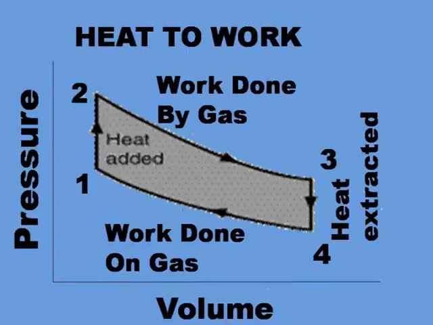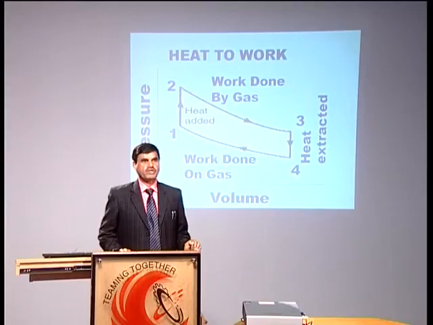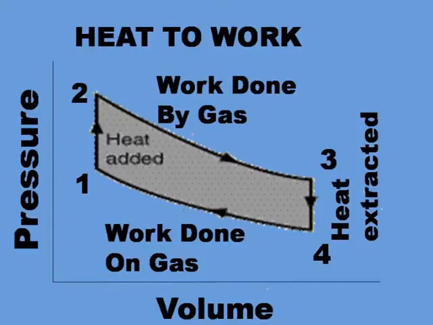Addition of heat between 1 and 2 at constant volume is an irreversible process, and after that, in 2 to 3, the expansion process takes place. The expansion process in this cycle is assumed to be a reversible process. This type of cycle, where heat addition is at constant volume, is the Otto cycle, and all spark ignition engines work on this principle. So, 1 to 2 is heat addition, 2 to 3 is reversible adiabatic expansion, and 3 to 4 is heat rejection to the surrounding.